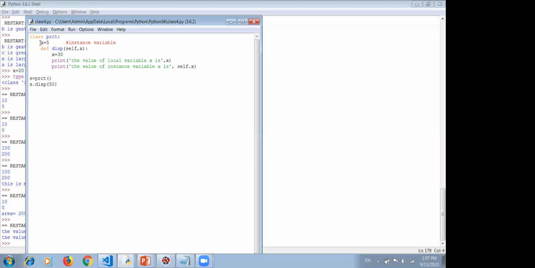How do we access this value? We can access it only by using an object of the class. I have told you that self is the default object of this class. By using self, we can access any member of the class. So when I print this value, it comes out to be 5, because I have used self.x. So in this way, you must also be aware now of the local and the global concept. The variable which is defined in a function is local to this function only.